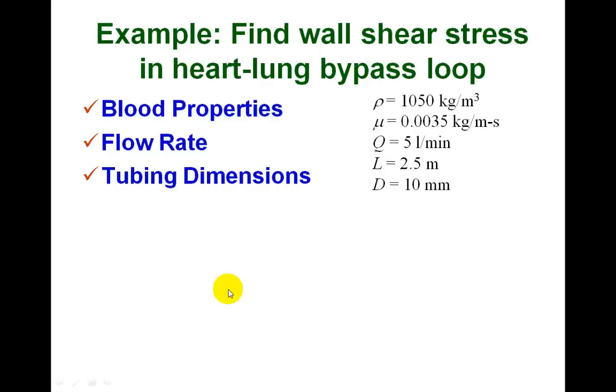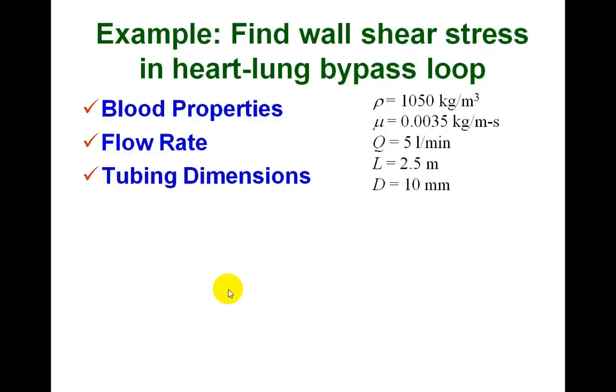So let's run a couple example problems. The first one is from biomedical engineering. We're very interested in the shear stress in something like a heart-lung bypass system. Heart-lung bypass is essentially a pump system that takes flow out of the heart and runs it through an